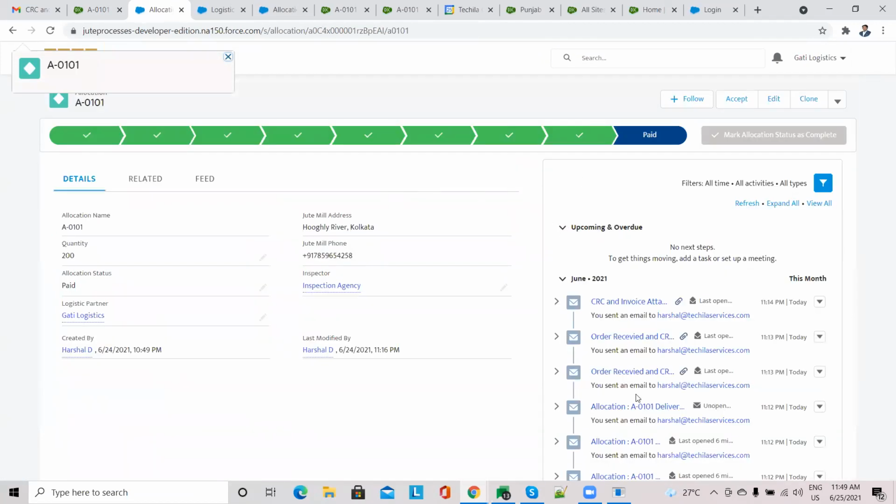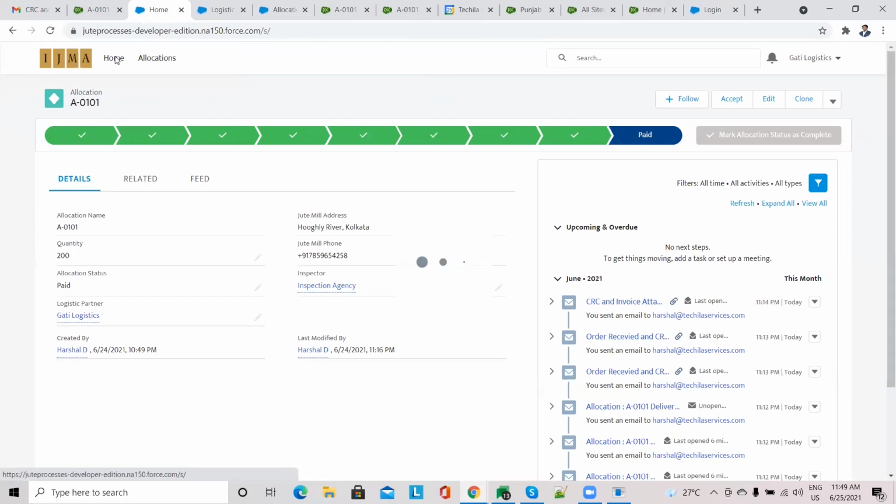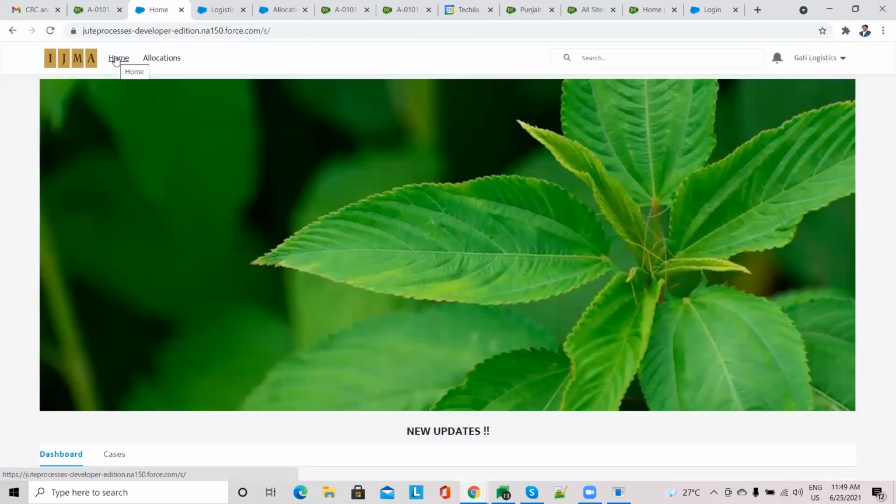On the portal also, everyone can see what communication is going in and out. For now, because of the license constraint, Anurag, we were not able to show the dashboard, but the dashboard is another thing which we can show. I'll show it inside.